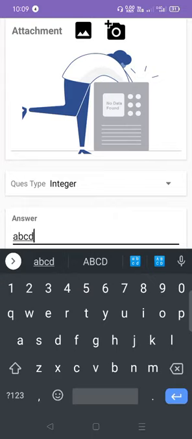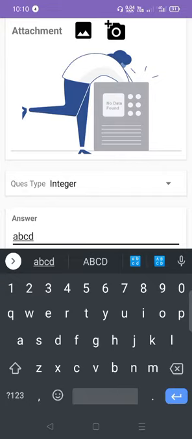If the student writes A, B, C in capitals, that answer will not be marked as correct. And if the student puts 0, a dot, a space, or writes anything else, that answer is wrong. So make sure you select integer only for questions where the student will give exactly the same answer.